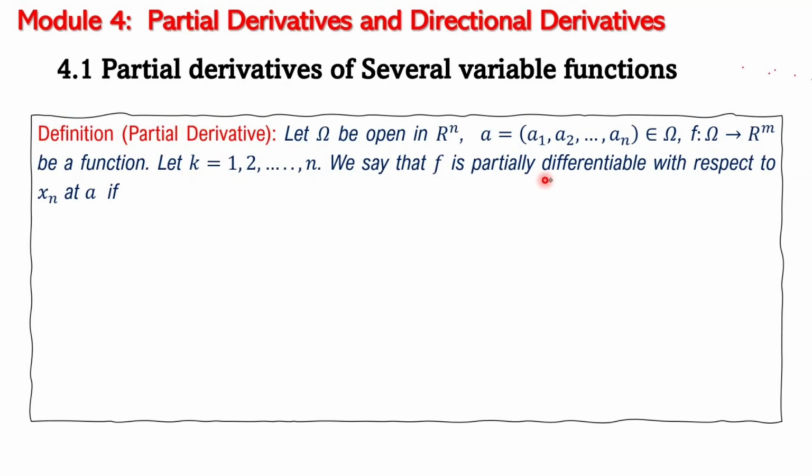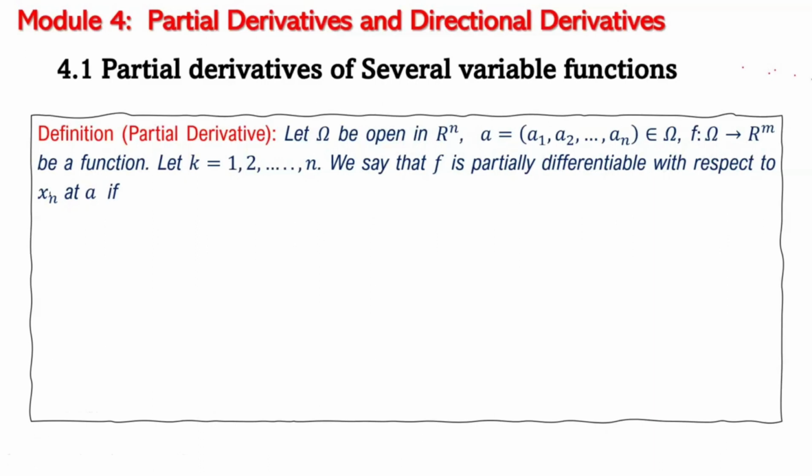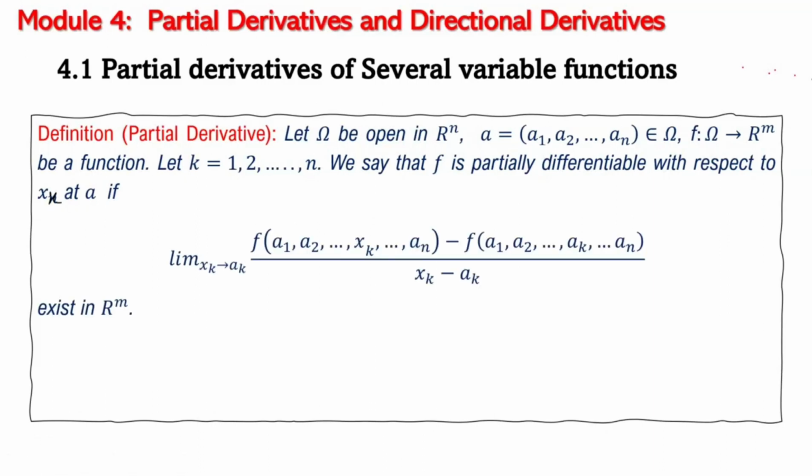We say that f has a partial derivative with respect to xk at a if the limit as x tends to ak of f(a1, a2, ..., xk, ..., an) minus f(a), over x minus ak,